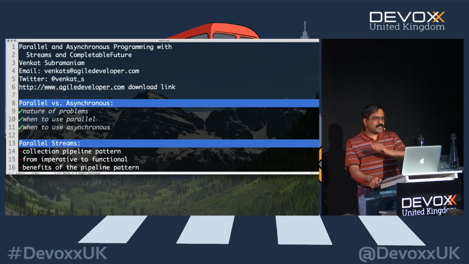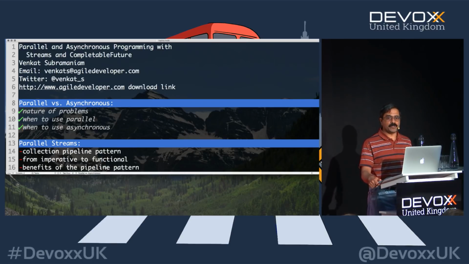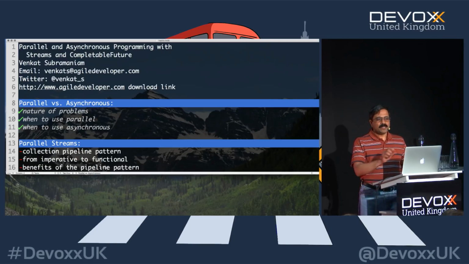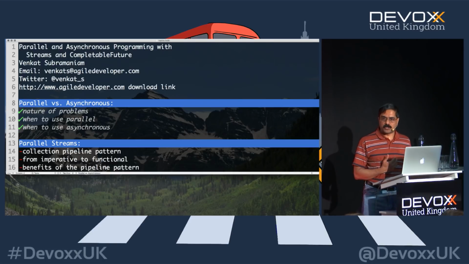So in other words, in asynchronous programming, you set off things to run asynchronously, meaning you're not waiting for it to start or to complete. But when the result does arrive, you move on to do other things with it. There is no specific synchronization involved in asynchronous programming. Well, then how do you do certain tasks when that particular operation actually completes? The answer is typically to use a callback to receive the response when something is over, and in the callback you go off to do other things. But of course, callbacks do have other problems, and that's why we'll talk about CompletableFuture and see how that solves that particular problem. We'll talk about that a little later in the presentation.